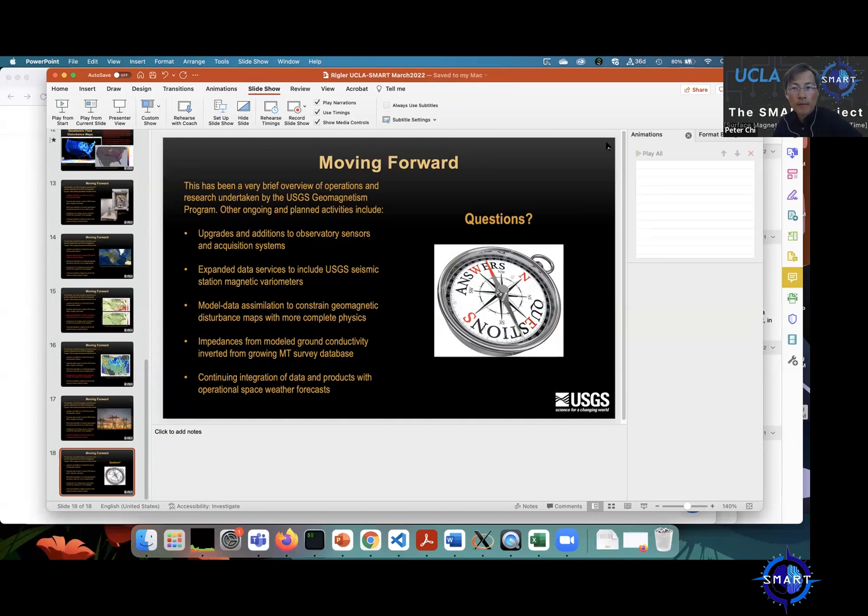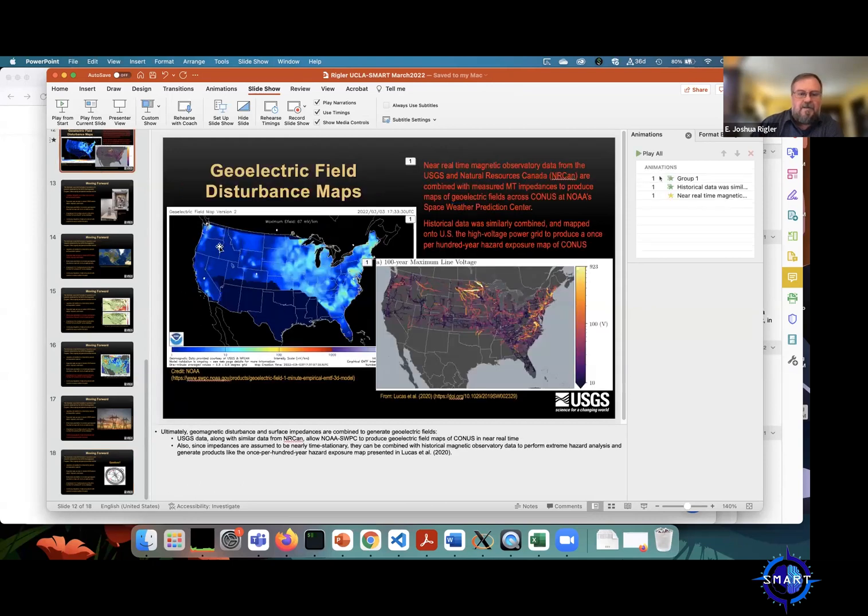Why did most of the graphs in the presentation focus on the northern part of the US, and there was not much in the southern part? Is there just not enough data in the southern part? I think maybe this is what you're referring to? Yeah, obviously this lack of data here. That's exactly what it is. It is a lack of data, and this is something USGS is intimately involved with, along with Oregon State and some other partners, to go in there and make more magnetometer survey measurements.